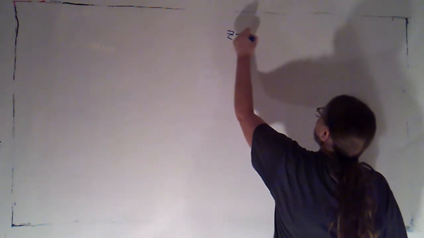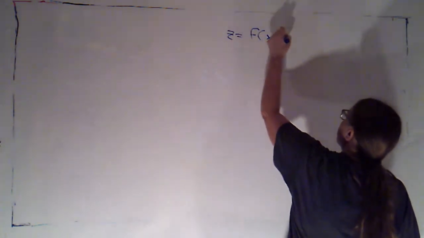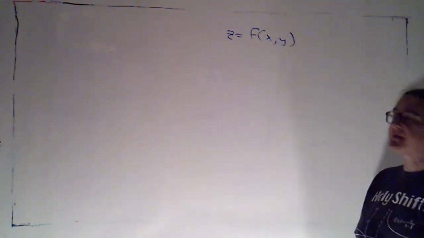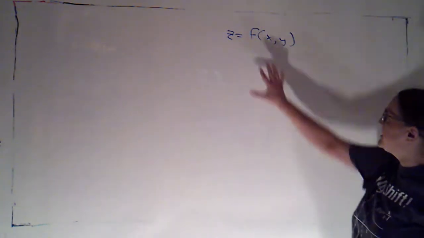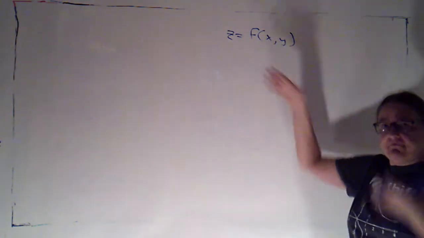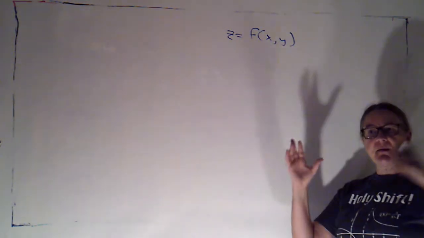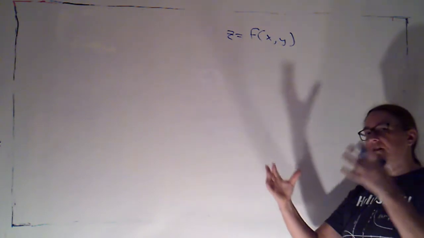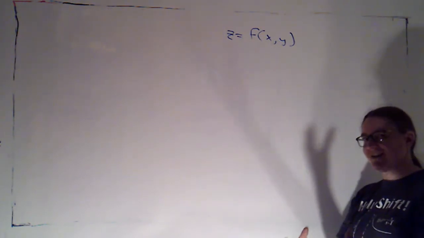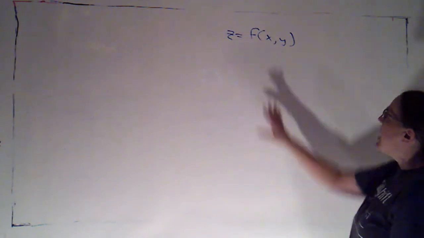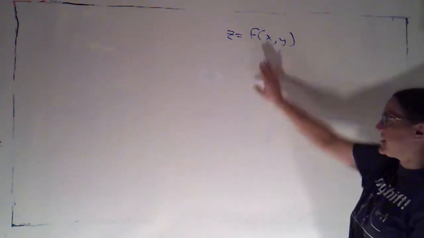Okay, we already have a perfectly good way of describing surfaces in 3-space with z as a function of x and y, but for some purposes we might not necessarily want to have 3 variables. We might not want the number of variables to match the dimension of the space. We might want it to match the dimension of the object, and it's a 2-dimensional surface. But I could still use this.